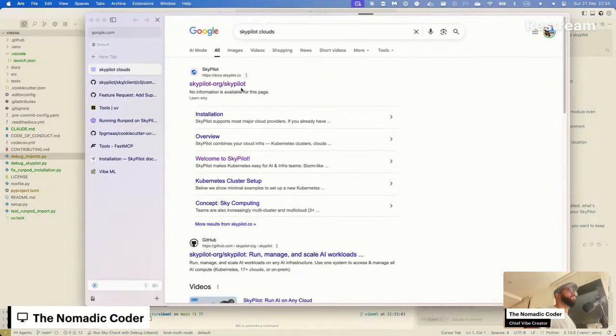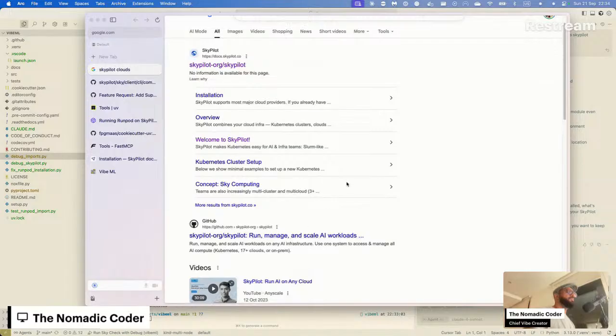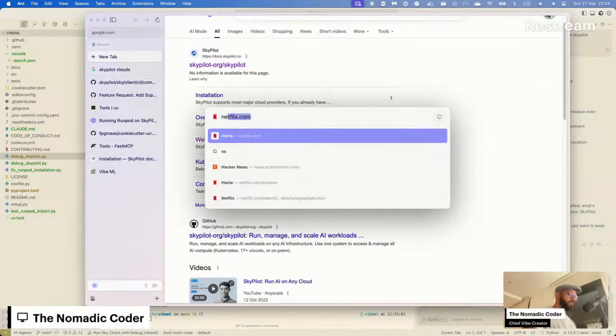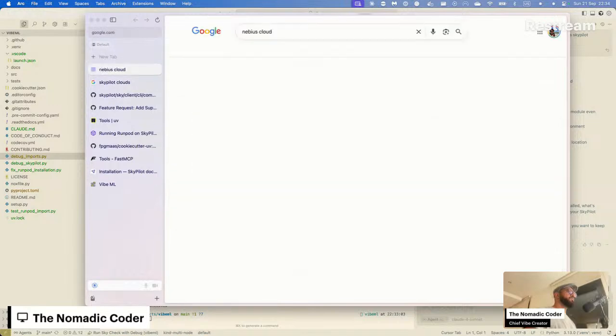Clouds. They added something new recently: Nebius Cloud.